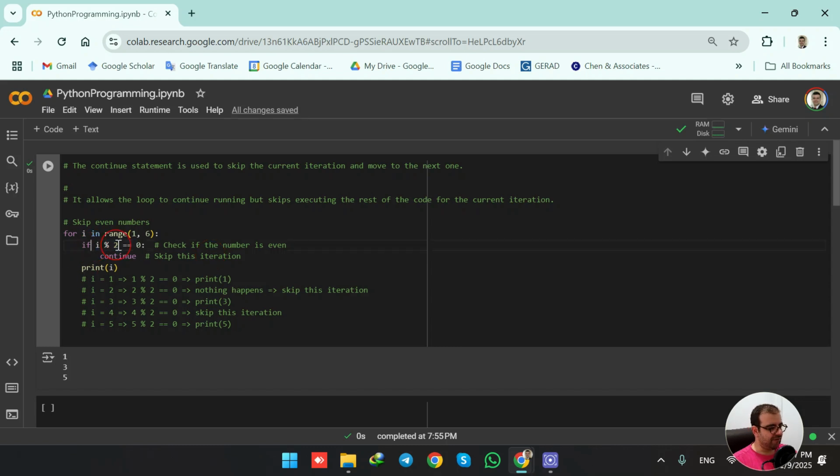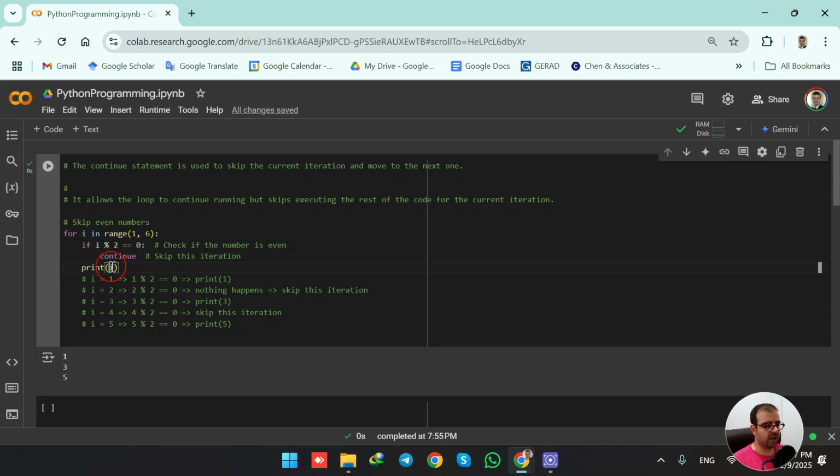So by having this line, we can understand if a number is odd or even. If one number is divided by 2 and the remainder of this division equals 0, it means that number was an even number. So we are saying: 1 divided by 2, the remainder equals 0? No. So it's not 0, therefore it is not going to enter this condition, and